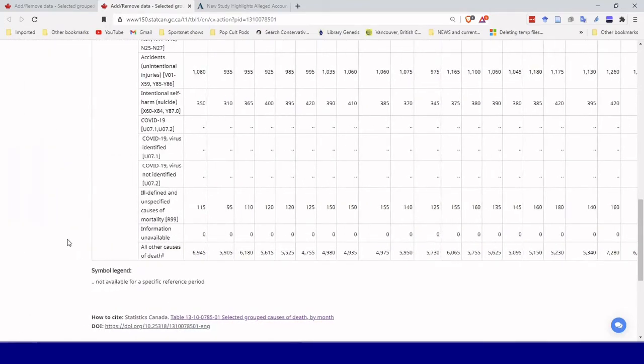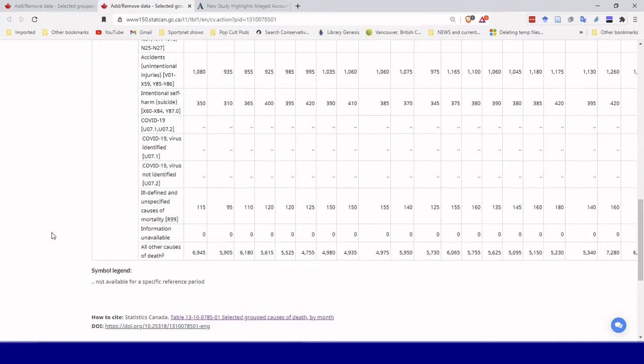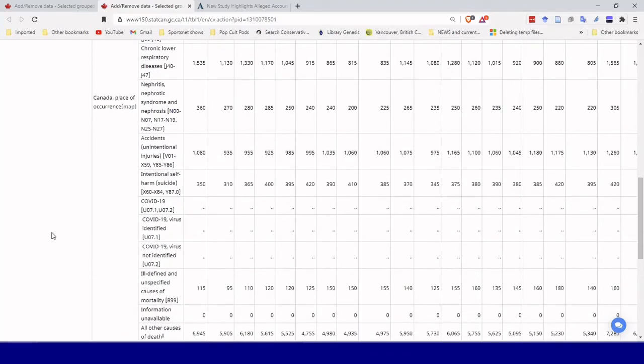There's all other causes, and I have no idea what all these other causes are. I mean, one thing they don't have on this list anywhere is homicide, or people killed through foul play or something, right? So I assume that's in that list, but I don't know what else is in it. So there could be other deaths in there, or other causes of death that would be relevant and maybe should be included in my 5 and stretch it out to a 6 or a 7 or something rather than just the 5. But I don't know, so I can't.